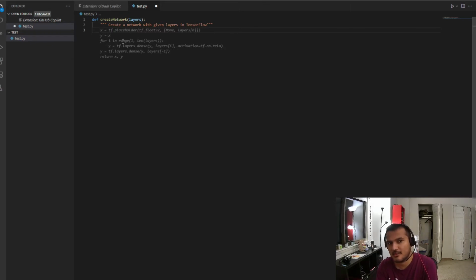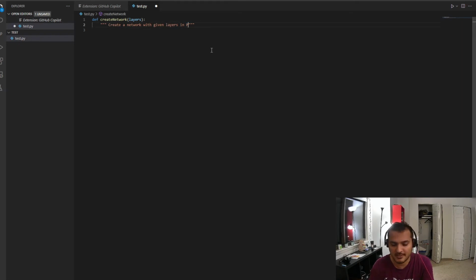Now you see, here's the issue. A lot of TensorFlow code available on GitHub is TensorFlow 1, and that's why you see tf.placeholder, because that's old code. While this will work, because you can see for i in range of the length of layers, it's actually creating layers, it's still TensorFlow 1 code. So let me change that to, let's say, PyTorch,